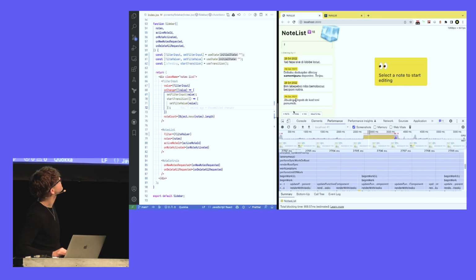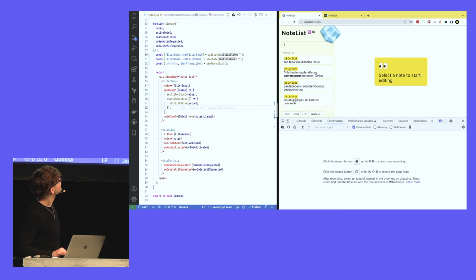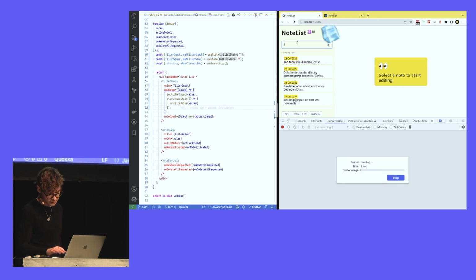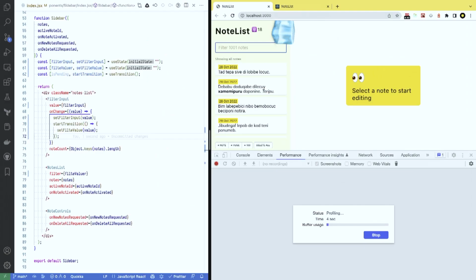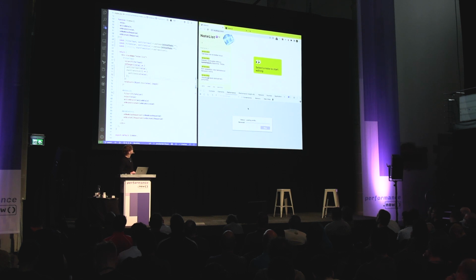So I'm going to open DevTools, open the performance pane, and record what's happening in the app when I'm typing into the filter input. As you can see, I'm typing into the filter input. The whole thing renders. But if I look into the recording, I would see that